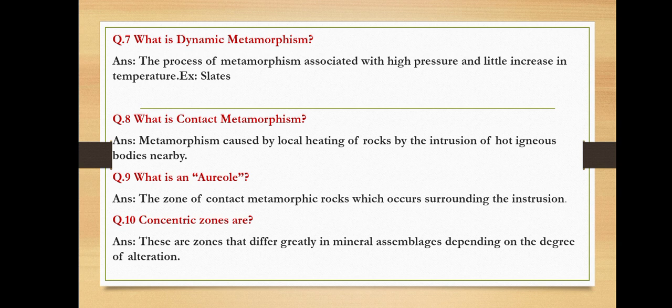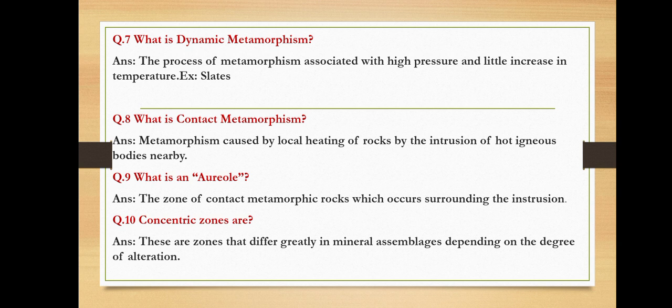Question number 8. What is contact metamorphism? Metamorphism caused by local heating of rocks by the intrusion of hot igneous bodies nearby. So in metasomatism, what we understood is that hydrothermal fluid is playing the major role. But in contact metamorphism, here the hot igneous body, that means the magma or lava, when it comes up or when it intrudes through a rock, it will cause changes in the adjacent rocks